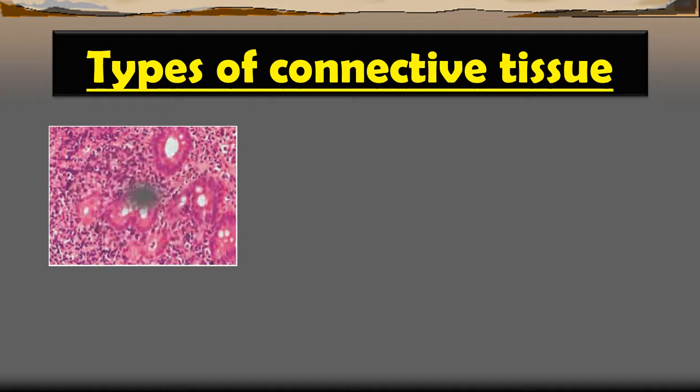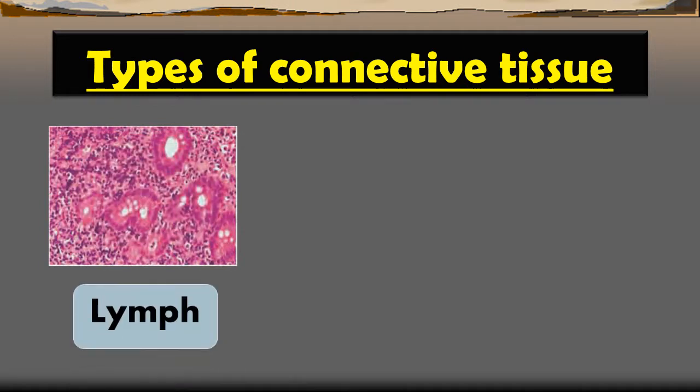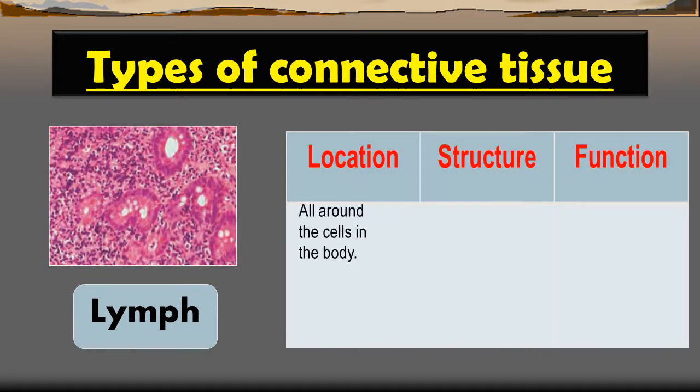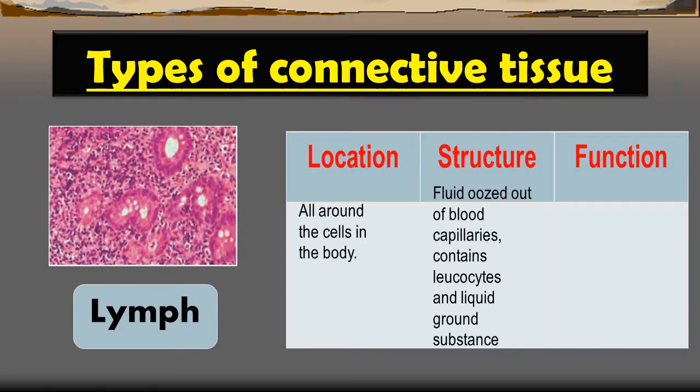Now the next type of connective tissue is lymph. Okay, so lymph is a white fluid made up of white blood cells, like blood. The location of this is all around the cells in the body, and it is fluid oozed out of blood capillaries. Oozed out means fluid released from the blood capillaries contains leukocytes. Again, leukocytes are the white blood cells or WBCs, and liquid ground substances. The function of lymph tissue is protection of the body from infection. That means it kills harmful bacteria or viruses present in the body. Okay,